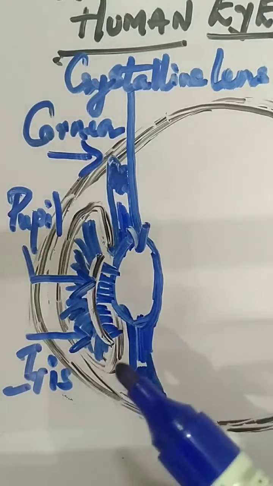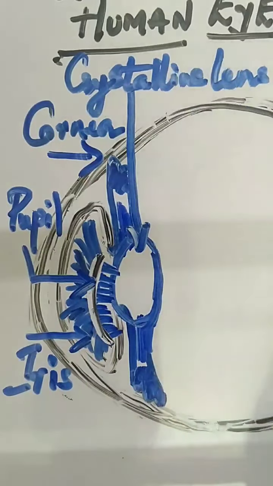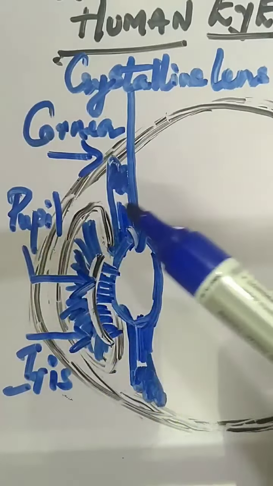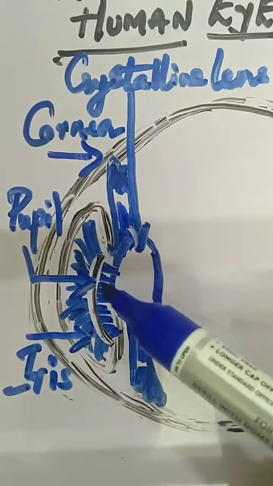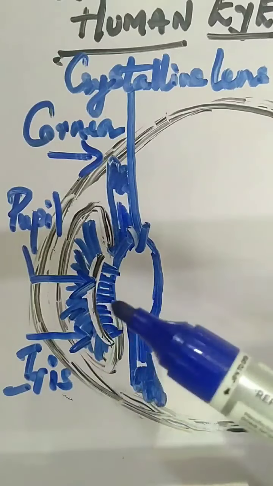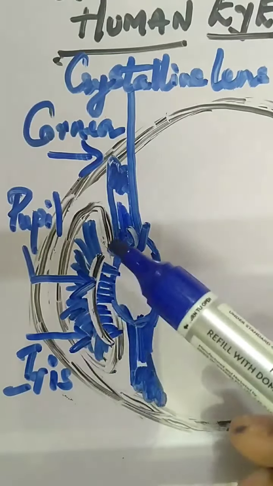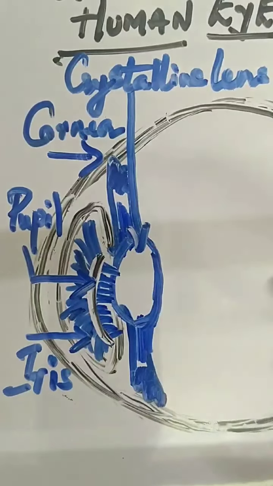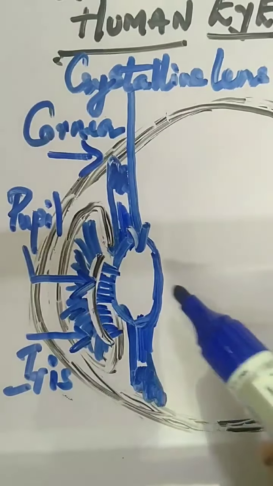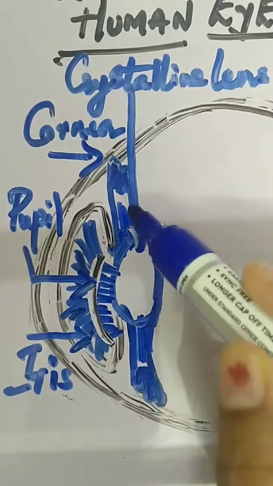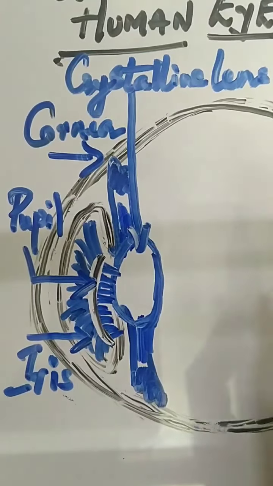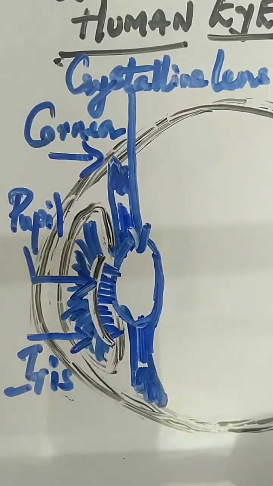The crystalline lens. Okay, so the most important parts of the human eye are already labeled. We started with a circle, then we raised it and gave it a bulge. Then for the human eye, we drew a structure, and over it two mountains, one above and one below. Inside, we highlighted an arc-like thing, that is the pupil. Then we denoted the crystalline lens. So this much should be there in your human eye diagram.